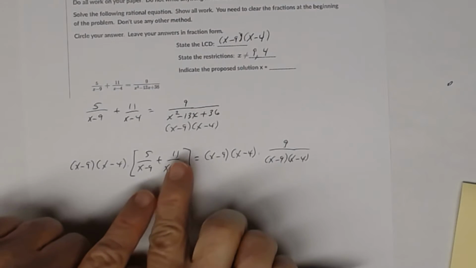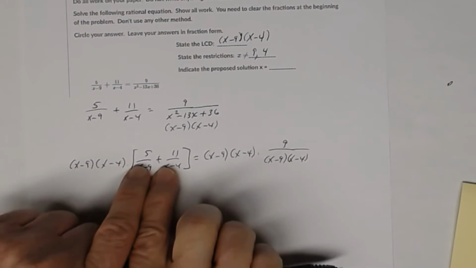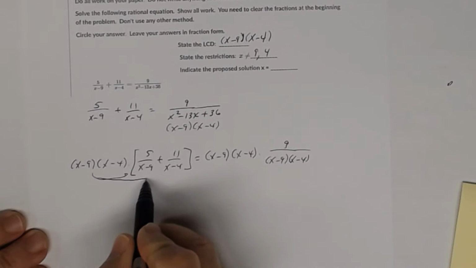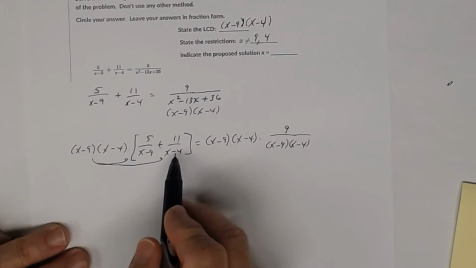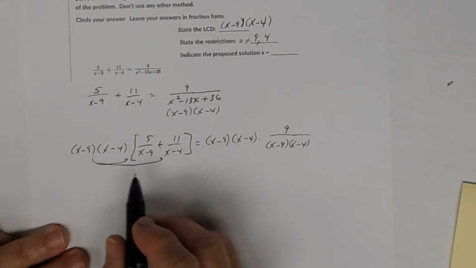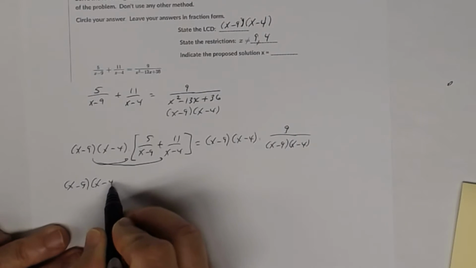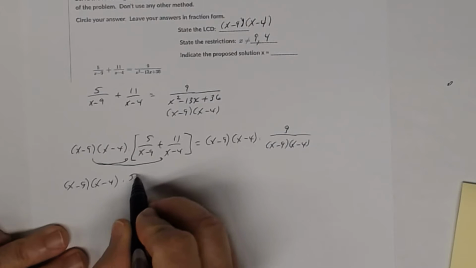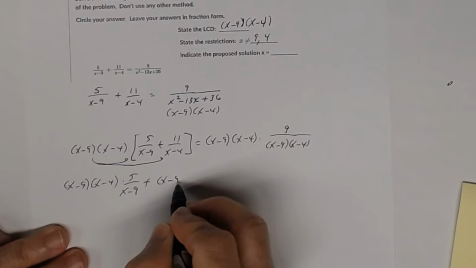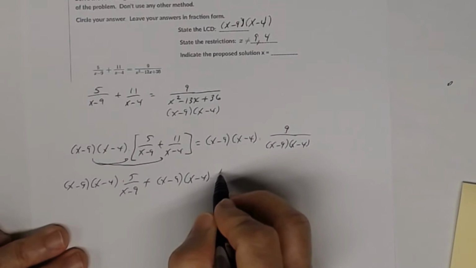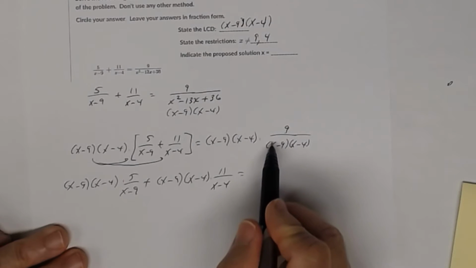Then you'll notice that these two rational expressions are being multiplied by this least common denominator. So you're going to distribute. You can distribute the least common denominator through here. So basically you're multiplying each of those rational expressions by the least common denominator. So I'm going to rewrite this as x minus 9 times x minus 4 times that first rational expression plus the LCD times that second rational expression, x minus 9, x minus 4 times 11 divided by x minus 4 equal, and I'm going to go ahead and